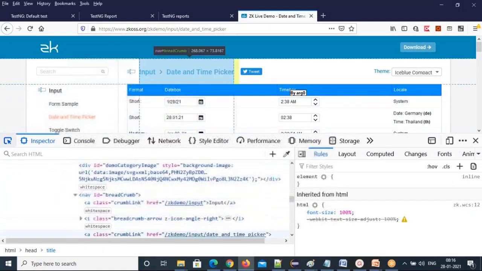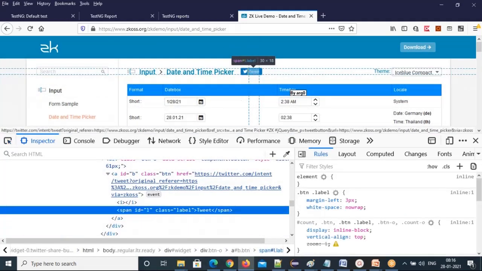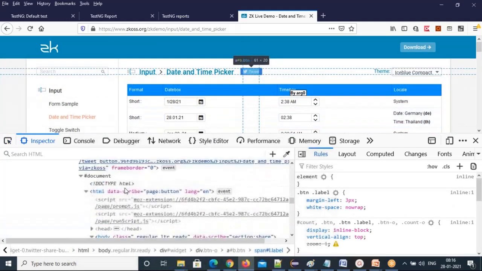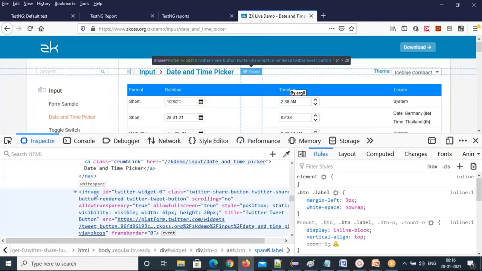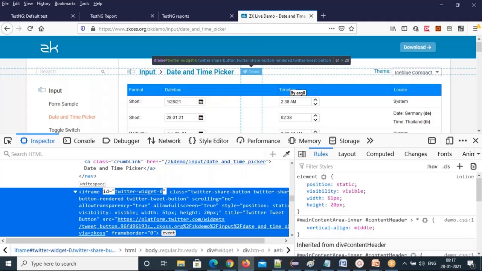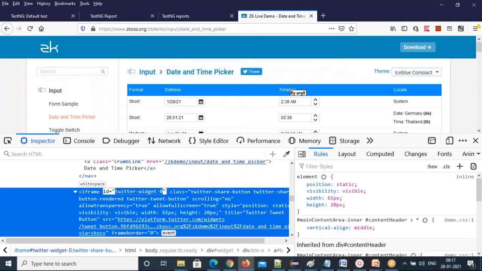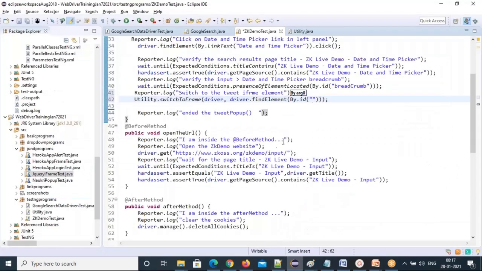You have the id of this frame, the iframe. This iframe has an id value and a class value also. But the class is very big, so I'll take the id. The id is simple, so let's take the id value and give it here to identify that frame.